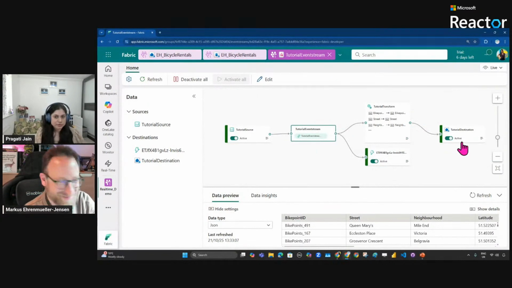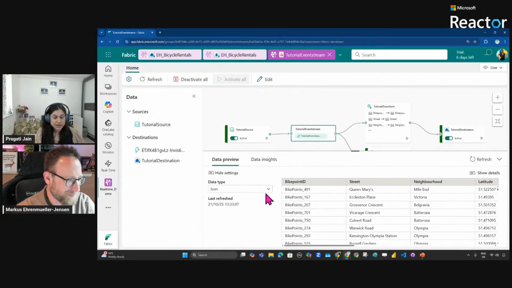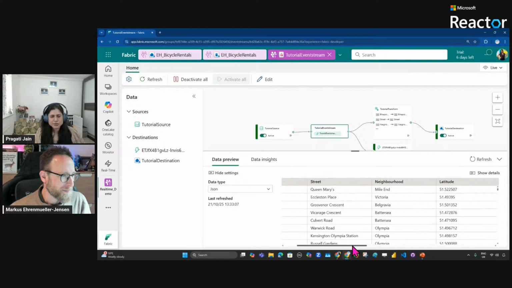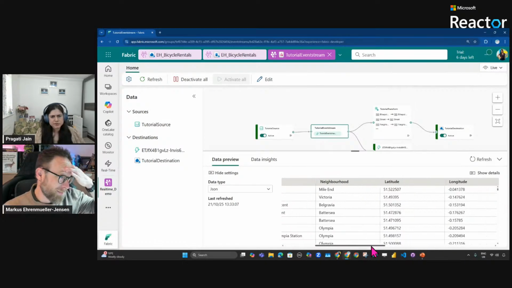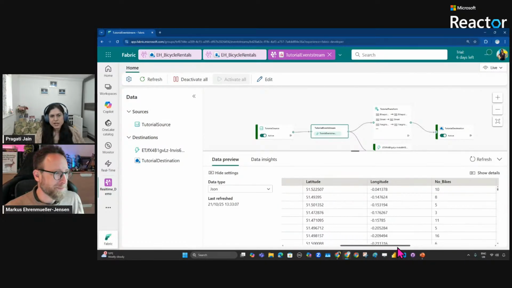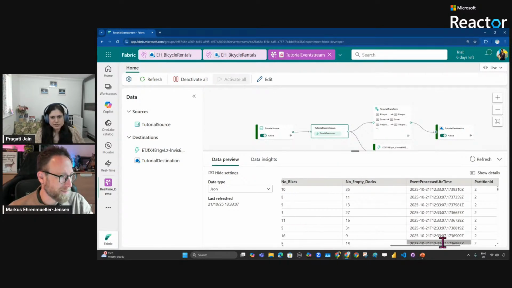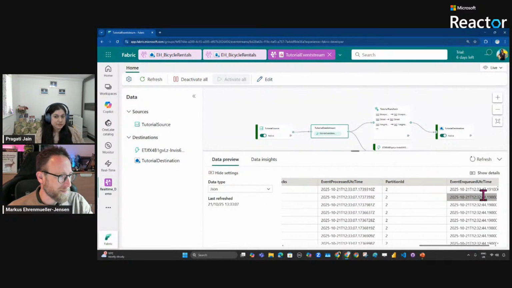So this is where my data lands. And if I want to see the preview of the data which is landing in my Eventhouse, I can see that at the bottom as well. This is the data around bike rentals. So I can see bike point ID, street, and a few elements like neighborhood, latitude, longitude, the location, and then the number of bikes rented. And then we can see the number of empty docks, and even the time of the event it was processed.